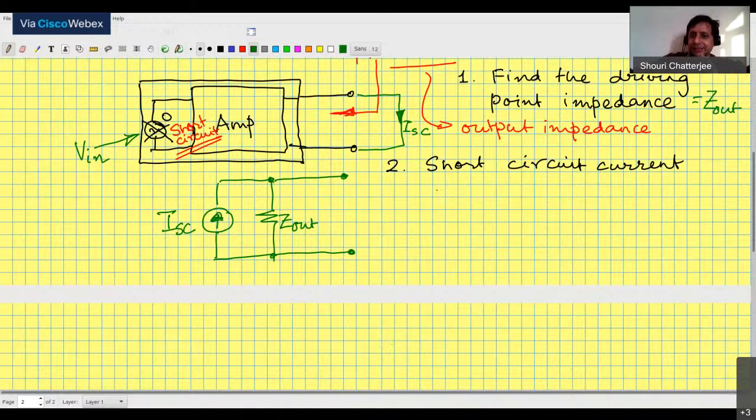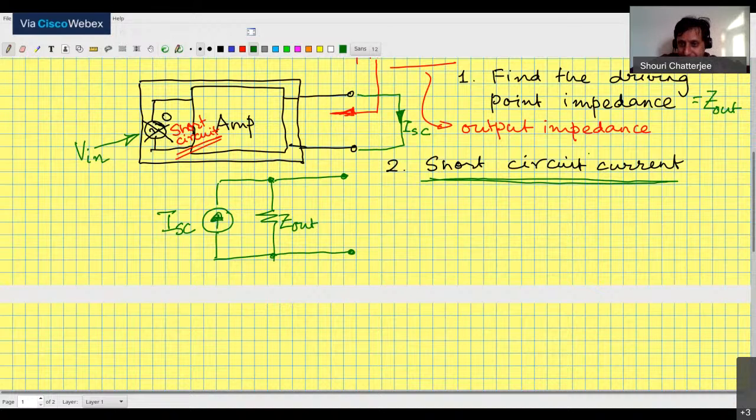The first thing is that as far as transconductance is concerned, you have to find the short circuit current using Norton's technique. What is Norton's technique? You connect the output port, short it, and measure the current. Don't think of it as trying to measure transconductance. Think of it as trying to find the Norton equivalent of the circuit. You'll be able to find it.